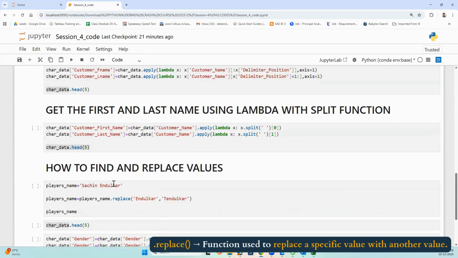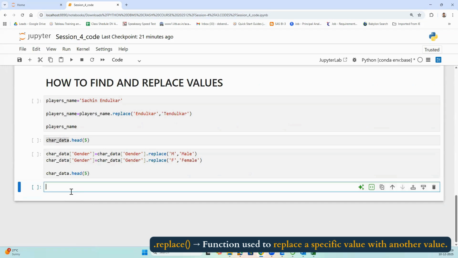Is this clear now, guys? Are you getting this? Yes, sir. Yes, sir. Now,